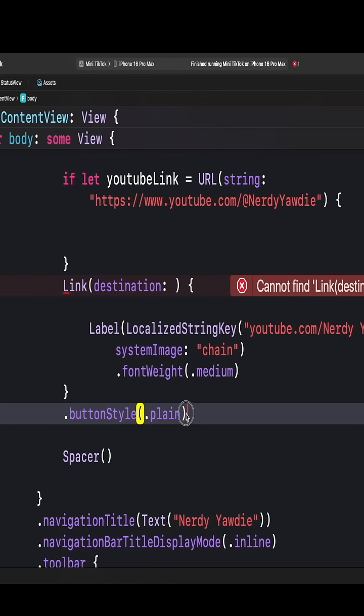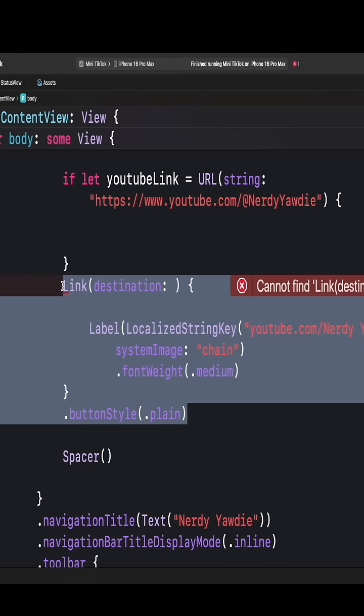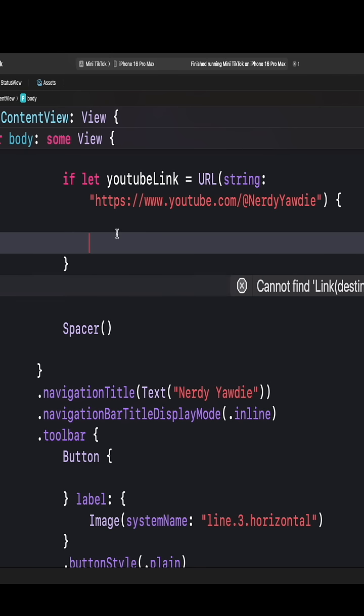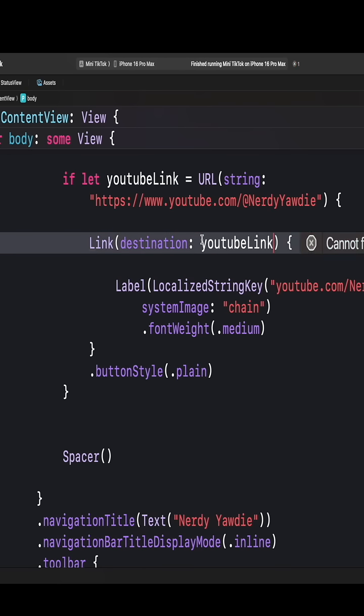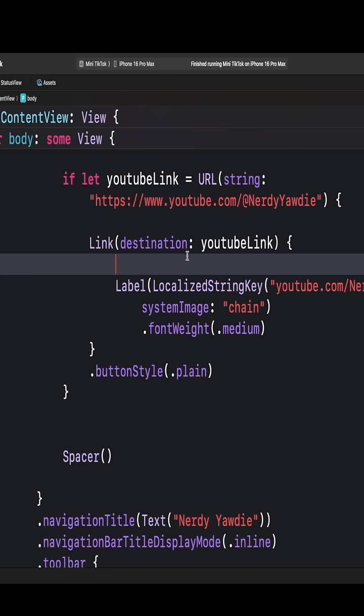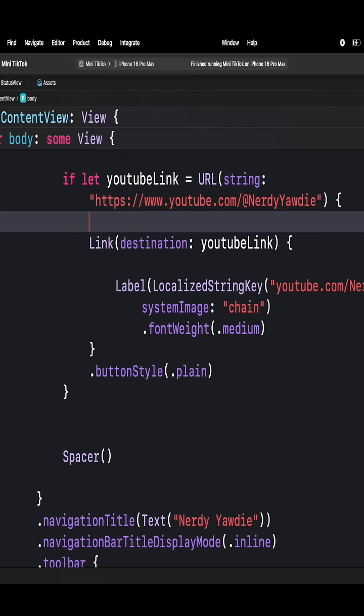And what we're going to do instead is grab our link below and paste it inside these braces. And then right here, we'll just put YouTube link where we have destination. Remember, YouTube link is now the URL. So it's looking like that. And if we run this, go up here, run this,